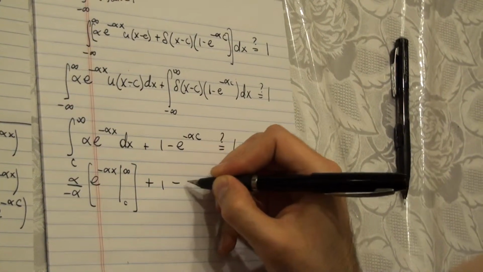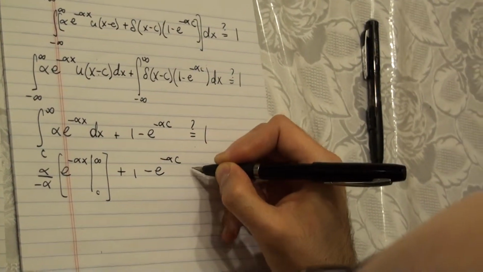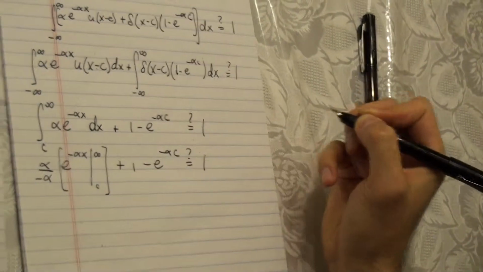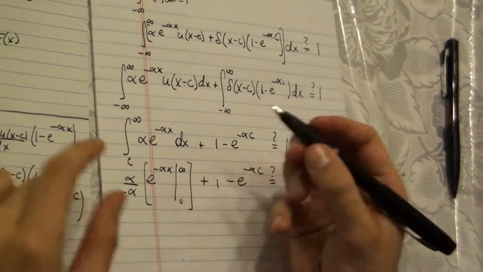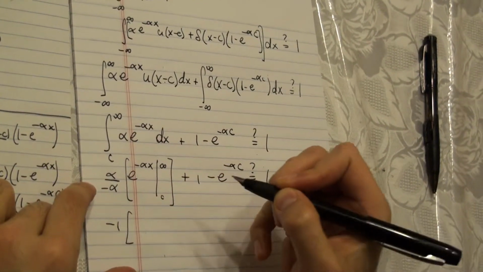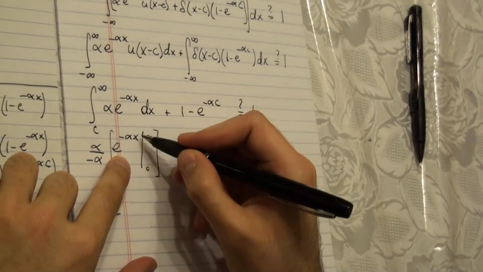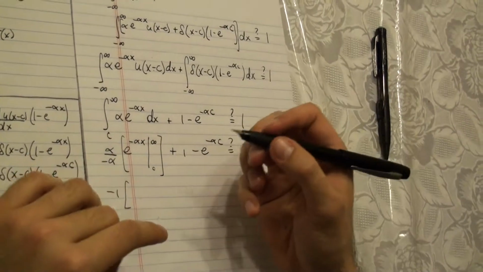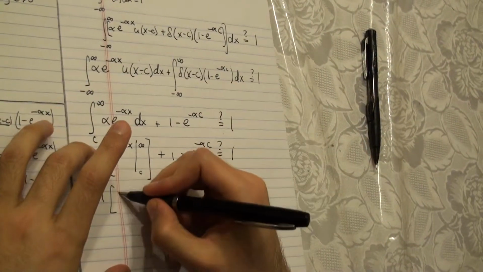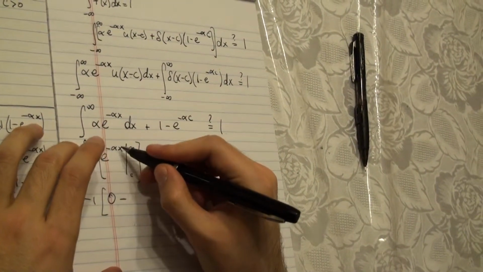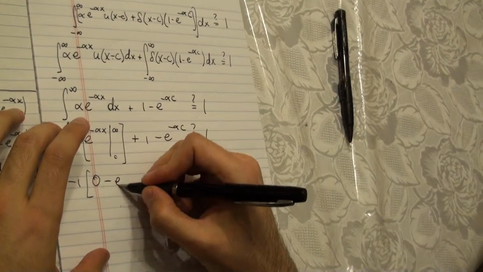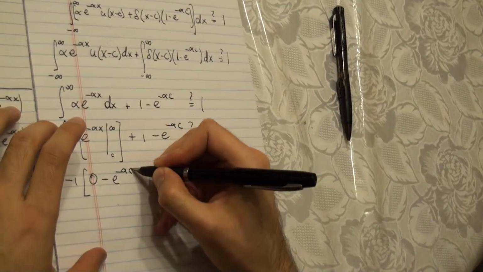And we have whatever is left on this side. So this just becomes minus 1. The e to the minus alpha x evaluated as x approaches infinity is just going to become 0. So we have 0 minus e to the minus alpha x at c, so e to the minus alpha c